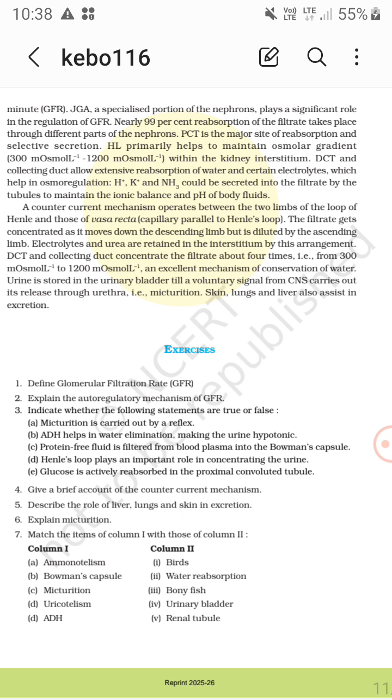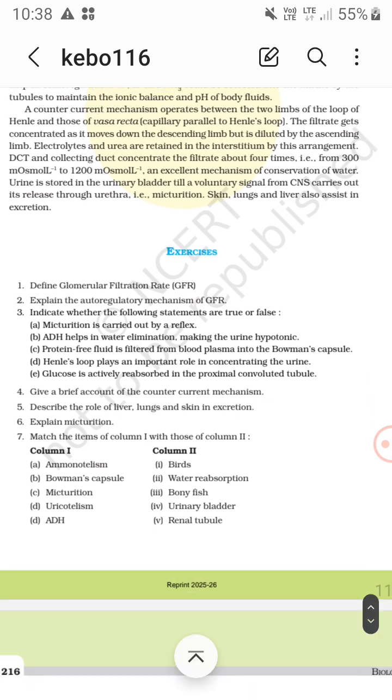The DCT and collecting duct concentrate the filtrate about 4 times, that is from 300 to 1200 milliosmol per liter. An excellent mechanism of conservation of water. So anyways, exercise: define